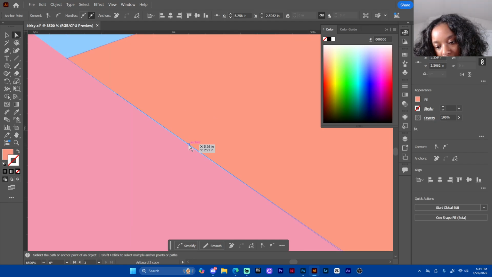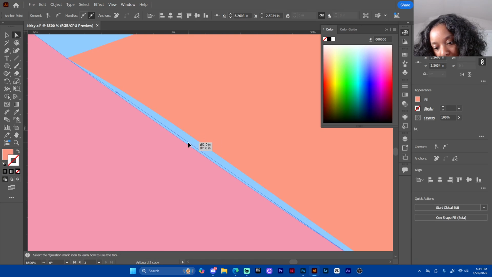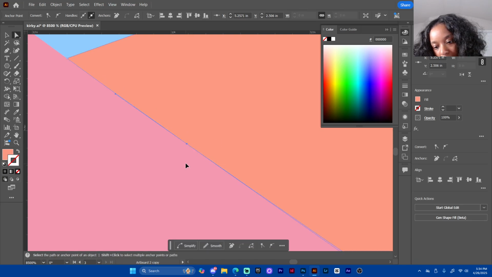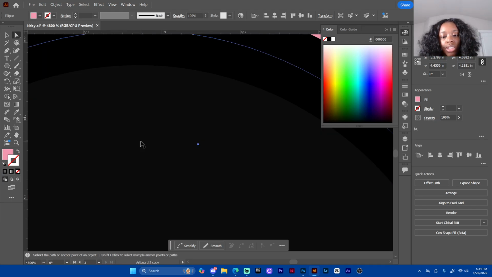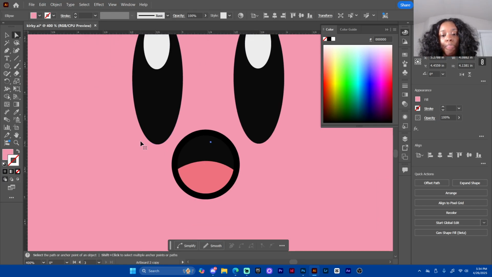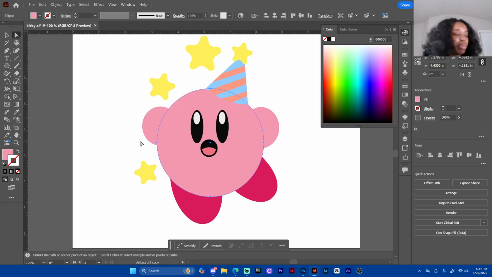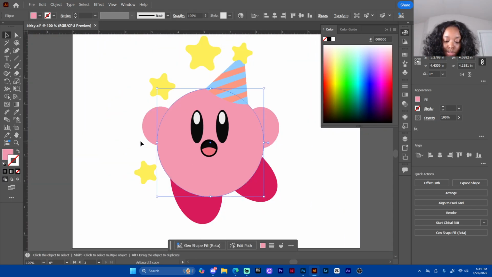So here's the new point that I added. I like to just click it. I'm going to drag it away once, and I'm going to bring it back and make it snap onto the party hat. All right, so now I don't see any blue gaps. I see it slightly over here, like barely right here. But all that takes is you going in there and tweaking the line. But, I mean, from a distance,